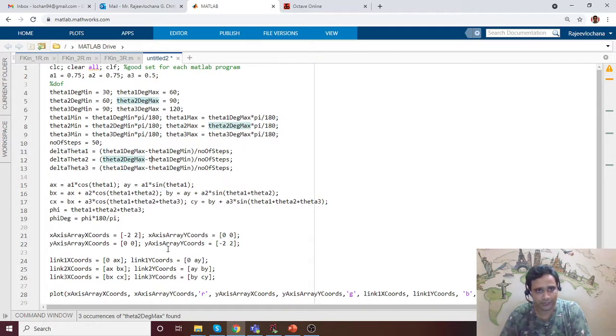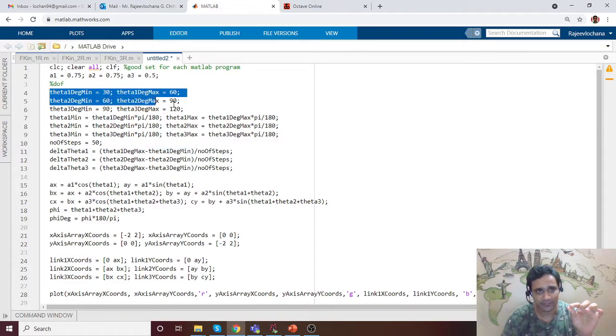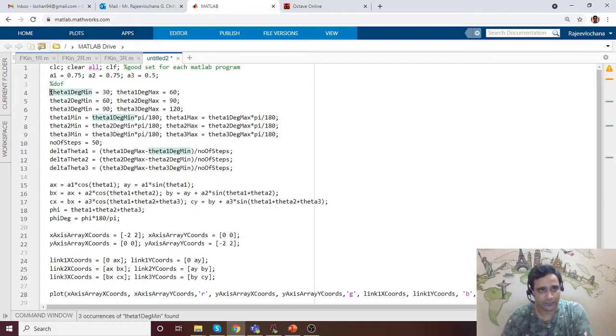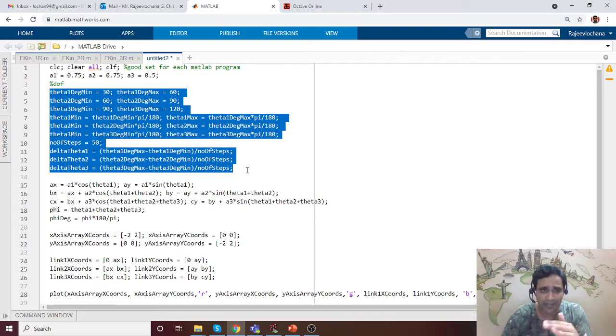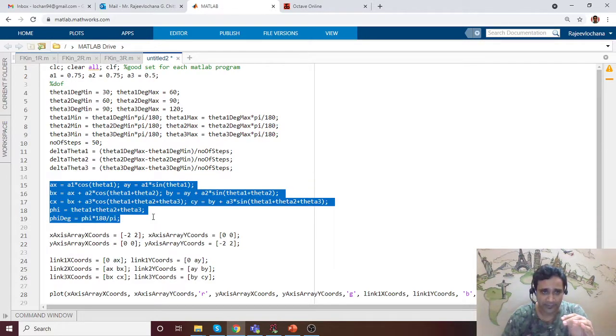Again, I'm going to use copy paste, but ultimately you should be careful when you do this. So these are the increments that we will add to theta 1, theta 2, theta 3. So please note, everything is dependent on the variables that we have defined. We are not going to hard code anything in between. So we have basically set up how the angles are changing now. Now we will use a for loop to determine these parameters, and then we'll start the animation.